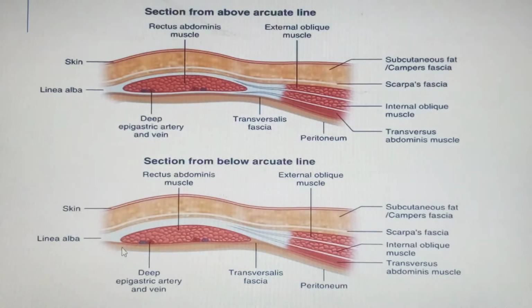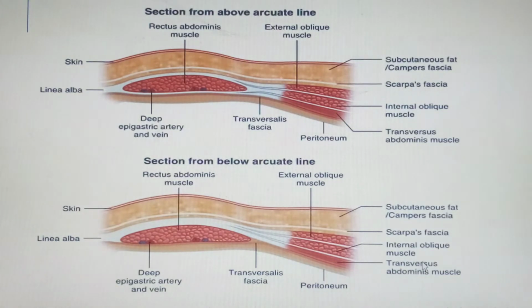Now, below the arcuate line, you can see that this posterior rectus sheath is devoid because of the skin, so we're getting more anterior. The anterior rectus sheath would therefore be formed by all the aponeurosis of all three muscles of the anterolateral abdominal wall. Okay, so there's that of the aponeurosis of external oblique, that of internal oblique, that of the transversus abdominis muscle, will contribute to the formation of the anterior rectus sheath, and therefore the posterior rectus sheath will be deficient below